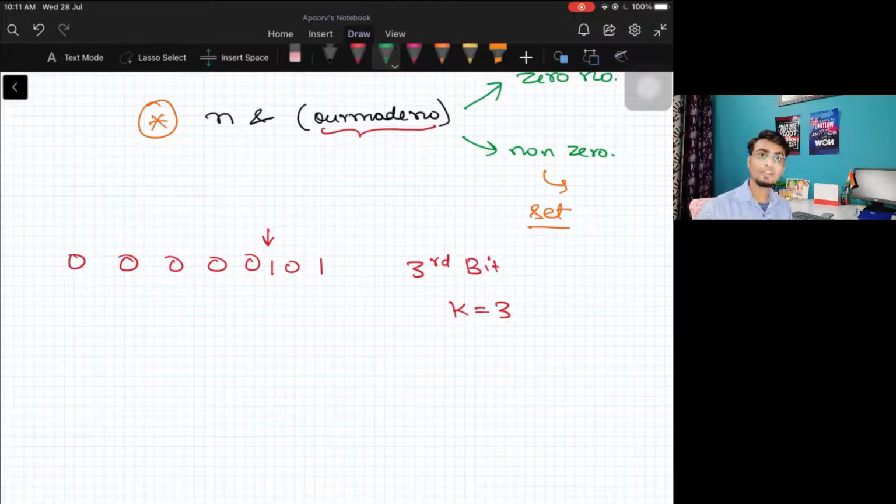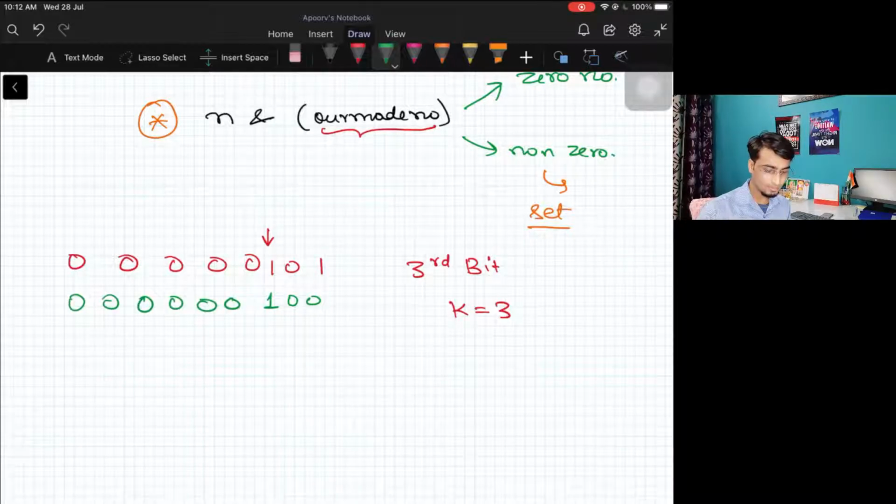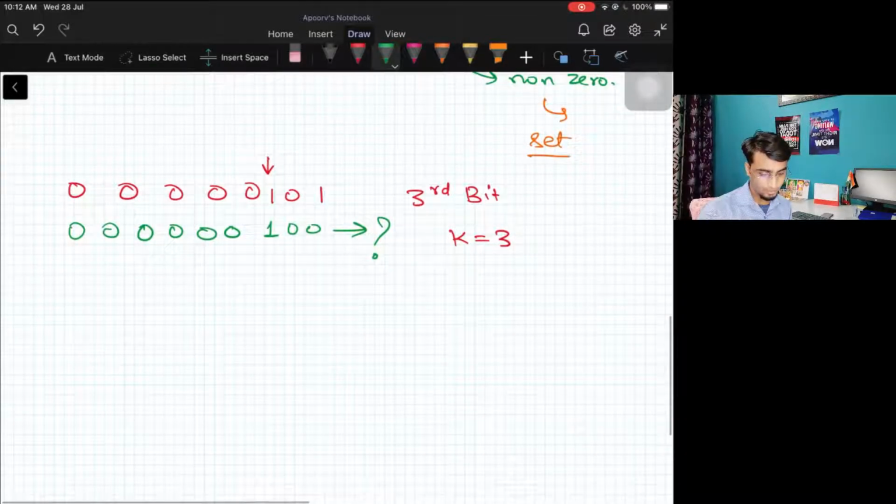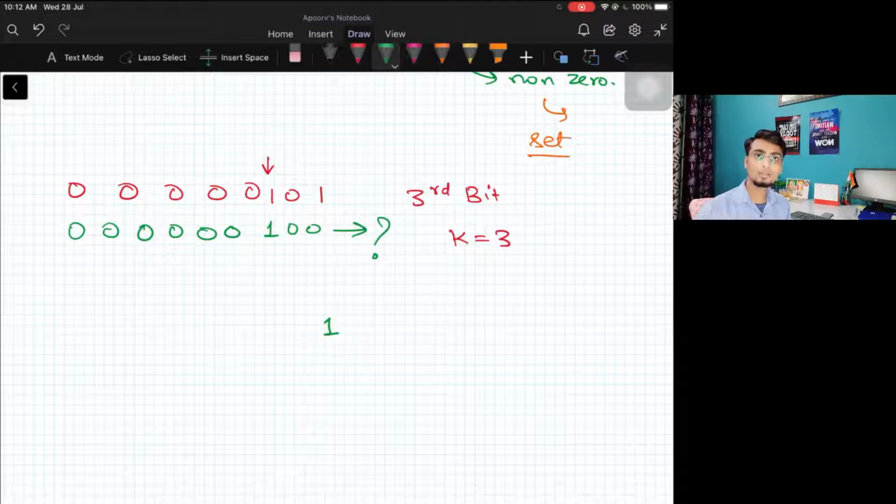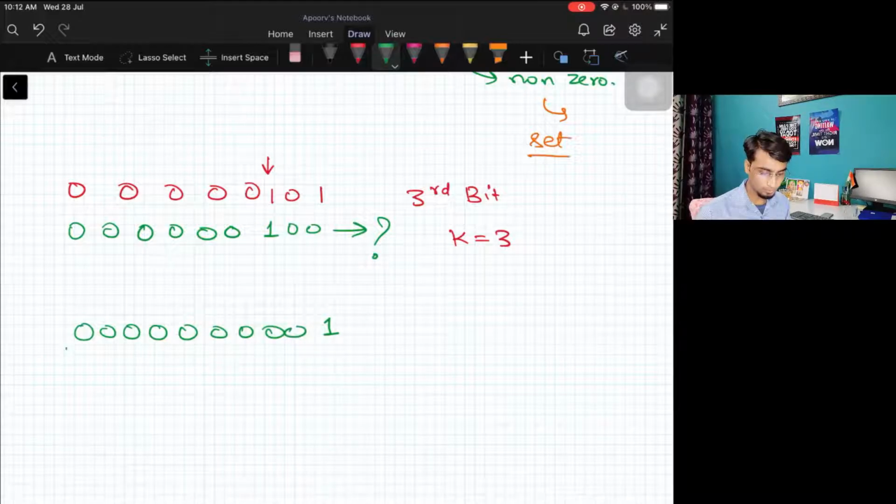So how do we get that number? We have learned that we'll have to place 1 and make this, right? So how do we get this number is the main question. What if I say to you, just have a 1? We are talking in terms of integer notation, so this 1 would be a 32-bit 1, 0, 0, 0, 0, 0, and so on and so forth.